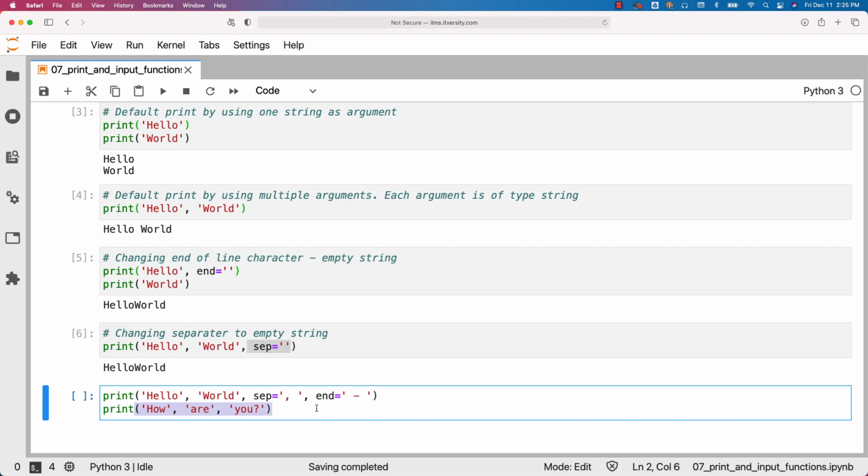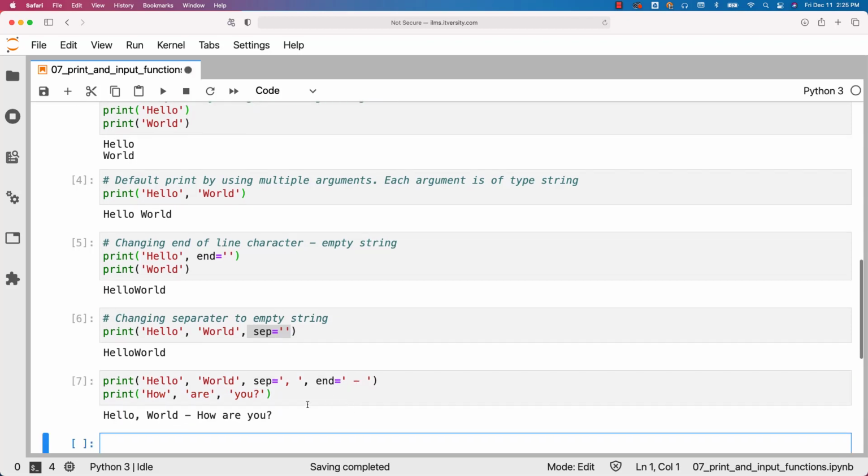It will give us the output of hello comma space world space hyphen space how are you, all in one line. You can see here. So this is how you should be able to use the additional arguments along with varying strings when it comes to print.